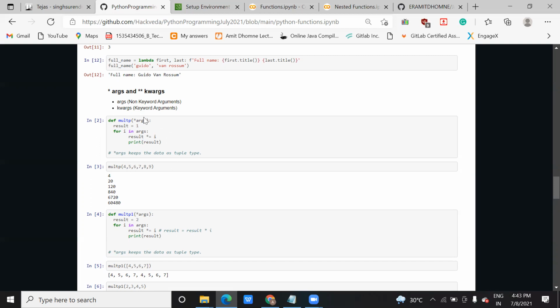This whole six value will be assigned to this argument, and this asterisk symbol tells your function that we will pass more than a single value, more than a single argument to you. You have to work on a certain set of arguments, and the output will also be generated based on that. This is called a non-keyword argument.